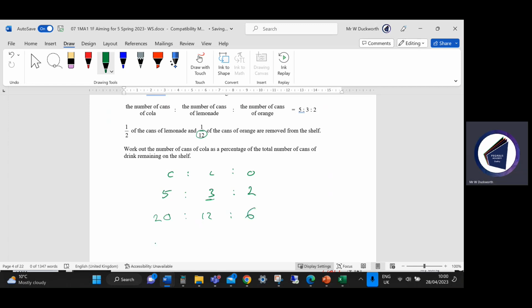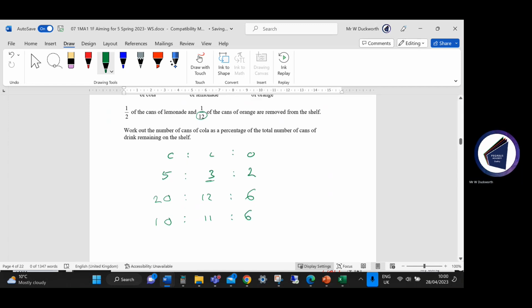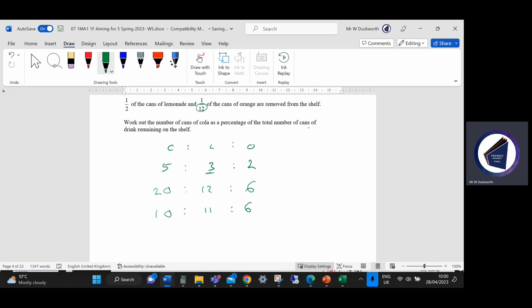Then half of the lemonade is taken, so I've now got a ratio of 10. 1/12 taken, so I've now got 11. Work out the number of cola cans as a percentage of the total number of cans remaining on the shelf. So in terms of the total number of cans,